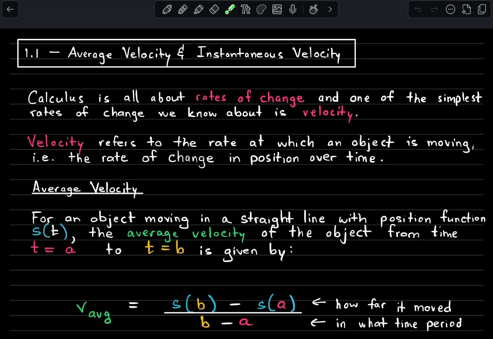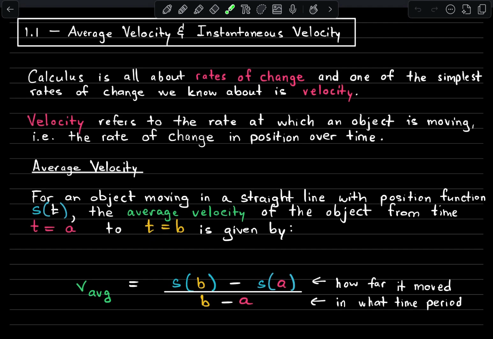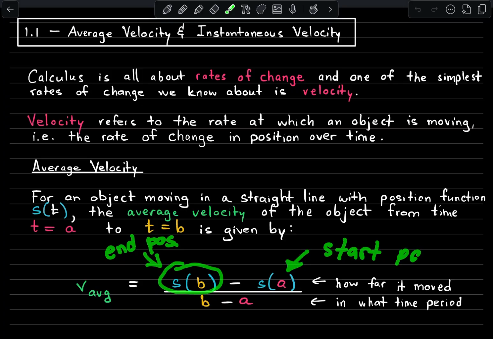For an object moving in a straight line with a position function s of t, s is the function dependent on time, the variable here. The average velocity of the object from t equals a, our start time, to t equals b, which is going to be our ending time, is going to be given by the following formula. So average velocity is equal to s of b, so this is the position at b, our ending position,